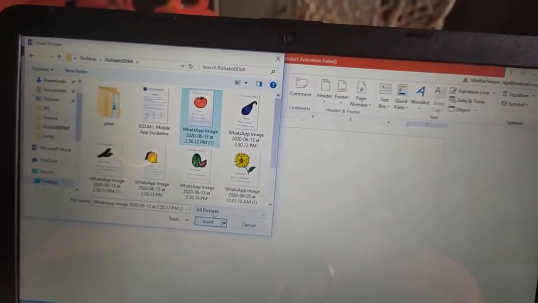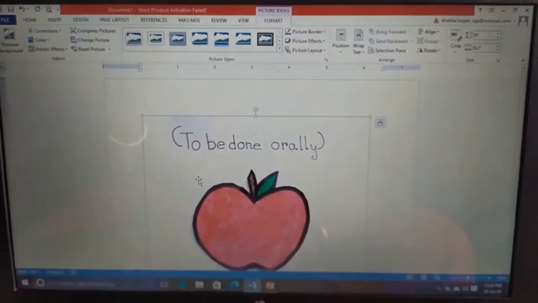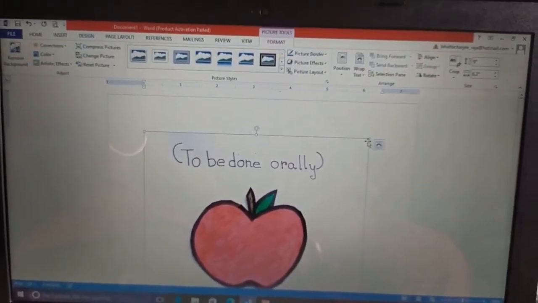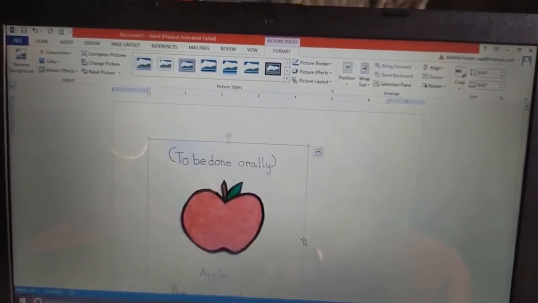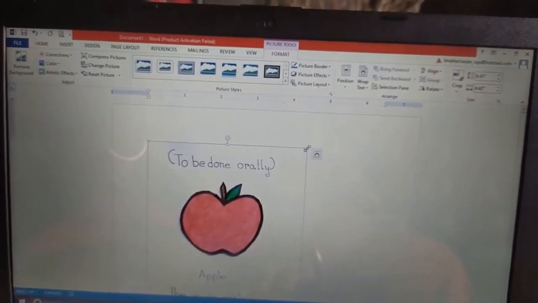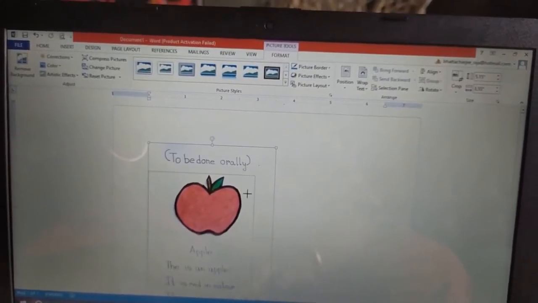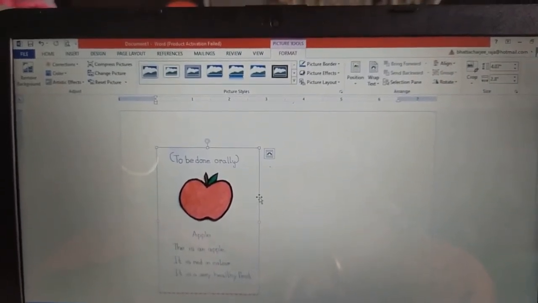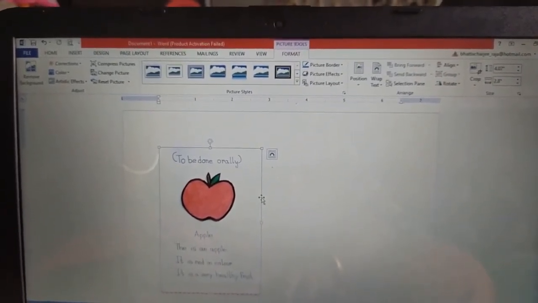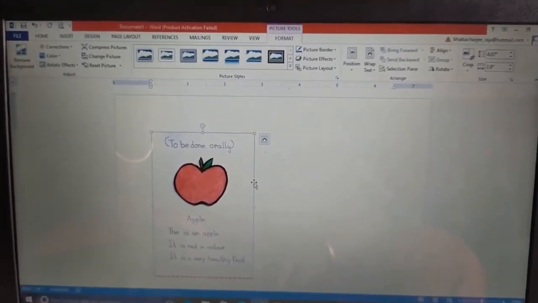Select it, click Insert. See, the picture is inserted into our document. Everyone can see it. Now, this is how to insert the pictures that are already saved in our computer.